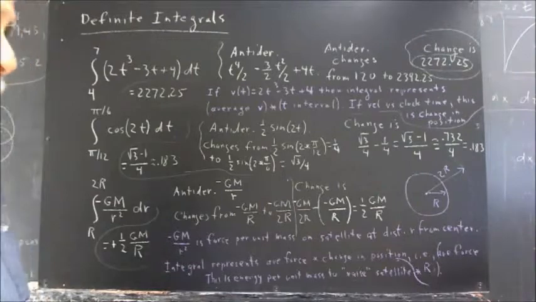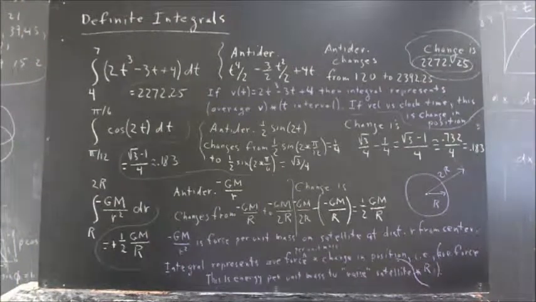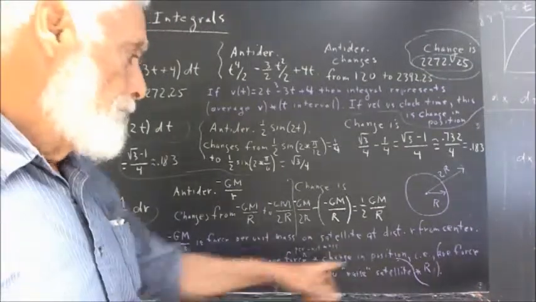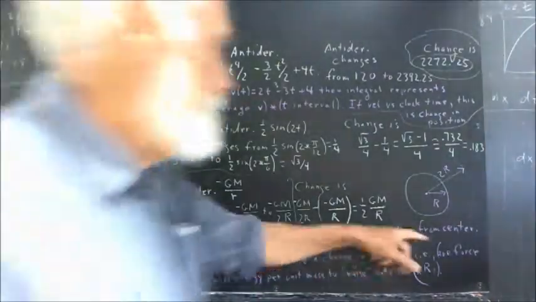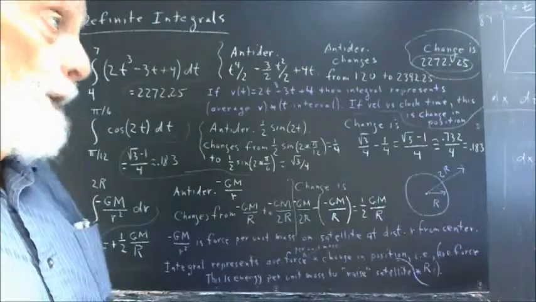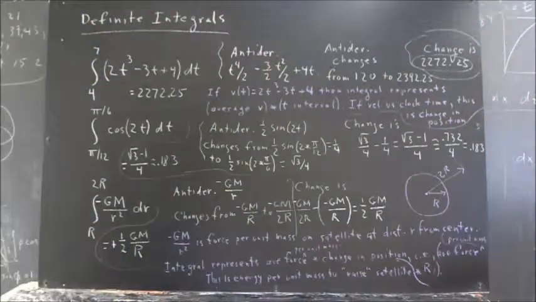I didn't write that, let me correct that. Average force per unit mass multiplied by change in position, i.e. average force per unit mass, let me fix that one. Average force per unit mass